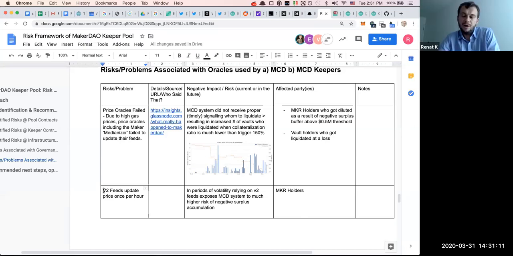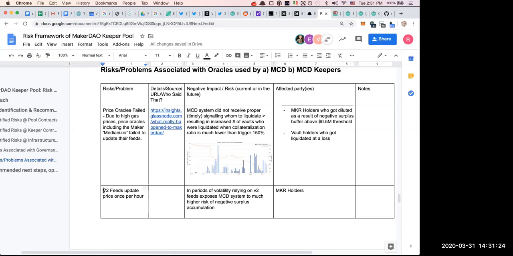Okay, but do you know why not? Okay, the price came in, right? Why should we wait for the new price to replace the old price? It's Maker's approach. They feed the current price that is currently applied to the system and the next one which will be applied after an hour. Maybe there is an idea to motivate, to stimulate vault holders to top up their vaults, or keepers to be ready, to be prepared for the possible auction.